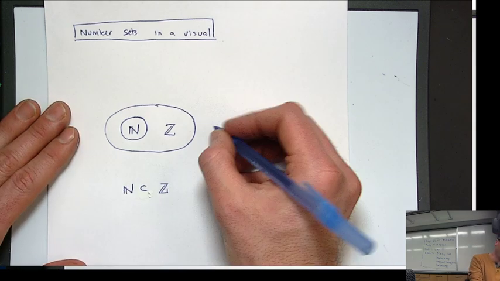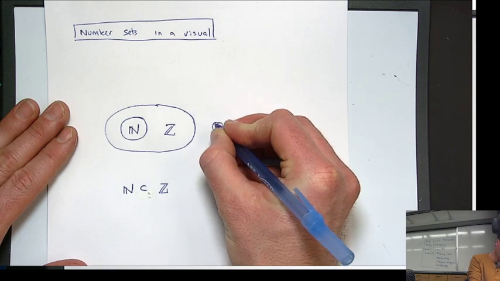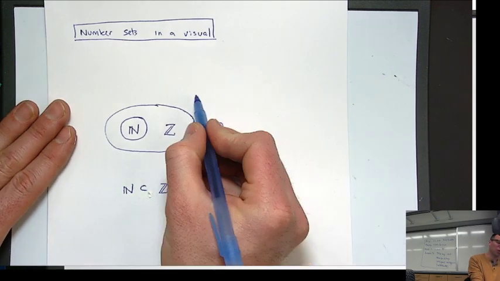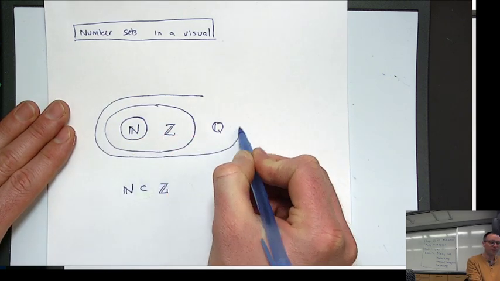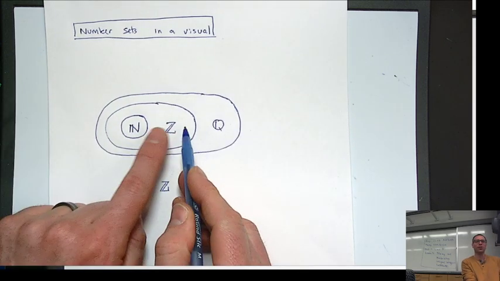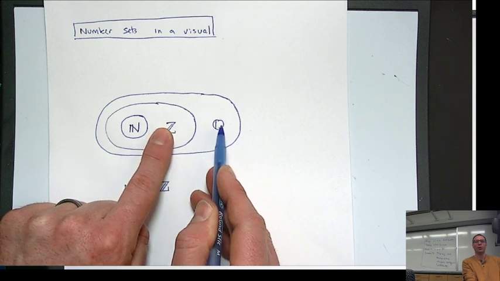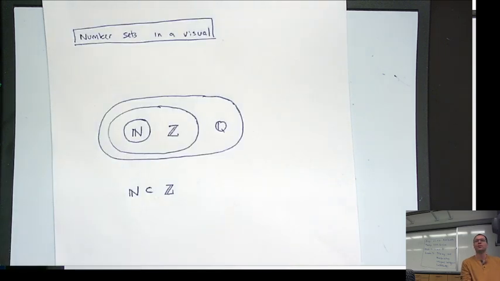Rational? Yeah, there you go, rational. Okay, so we're going to say that the rational for sure includes the integers. How do I know that the integers are included in the rational? Denominator equal to 1. I can write all integers as a rational by just dropping a 1 in the denominator,